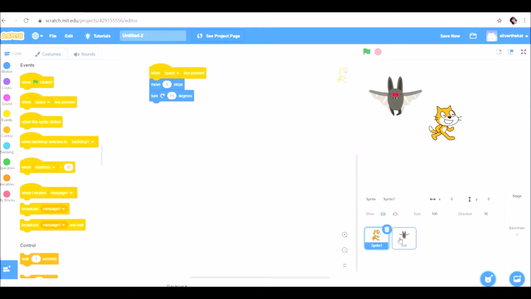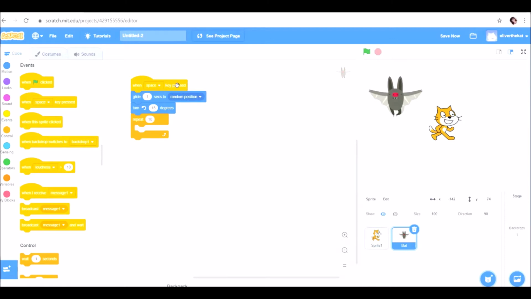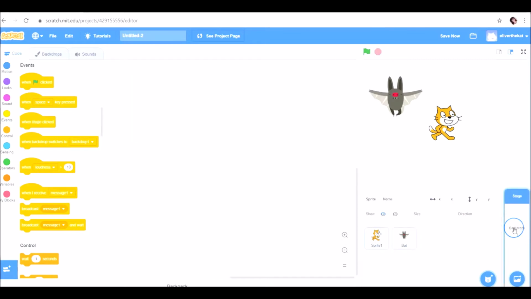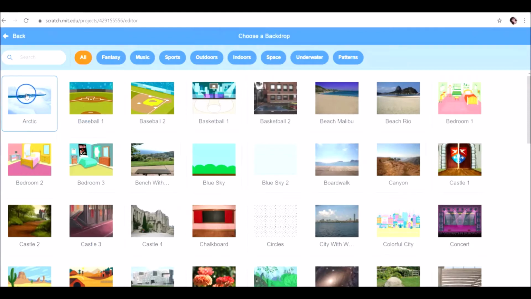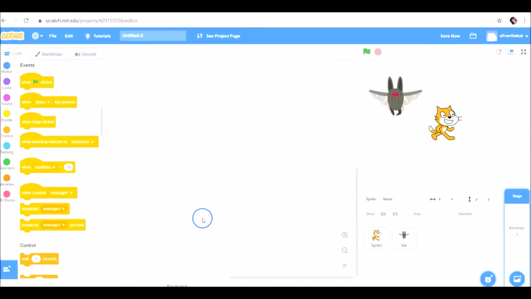And then you can go ahead and add in a movement for the bat as well. So I did a different movement just so you can kind of get an idea of what is going on, but you can feel free to mix these up and just really get your characters to go where you want, whenever you want. And there are different cues too. It's not just pressing the space bar, but I'm going to go ahead and put these guys on stage,